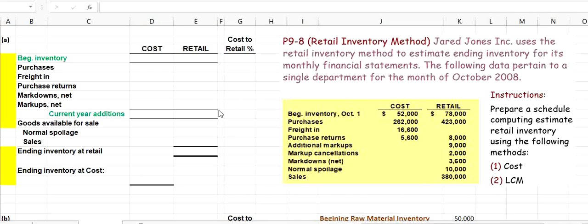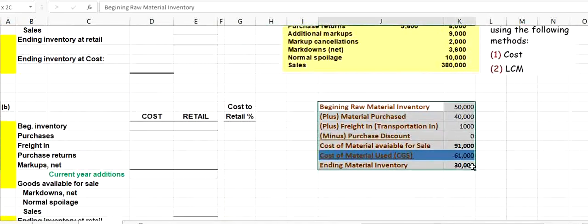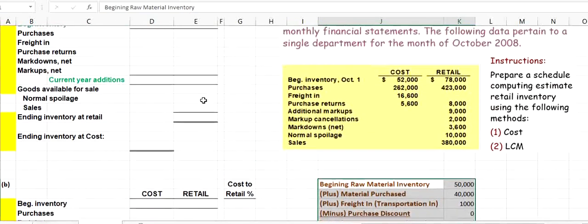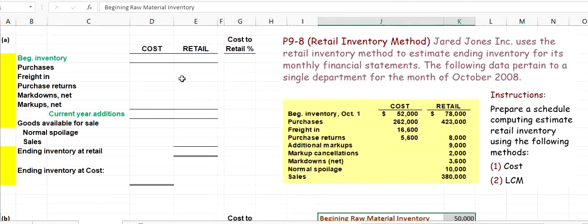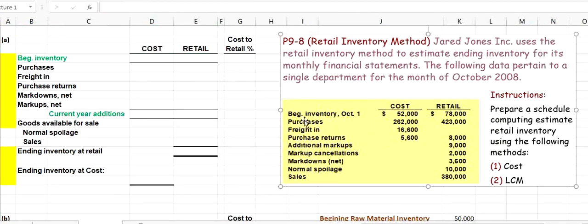Keeping in mind our previous numerical, the gross profit method that we solved, we will follow the same theme. I've just copied this theme from the previous numerical. Actually, this is the theme of a partial cost of goods sold statement, so the same theme will be followed with a slight difference. We have two columns here, a cost column and a retail column, and data is also given to us here.